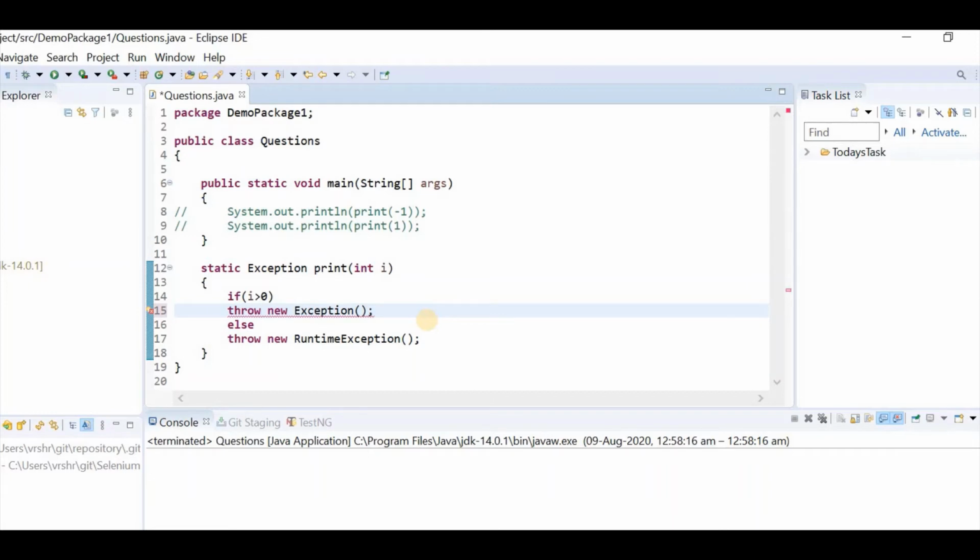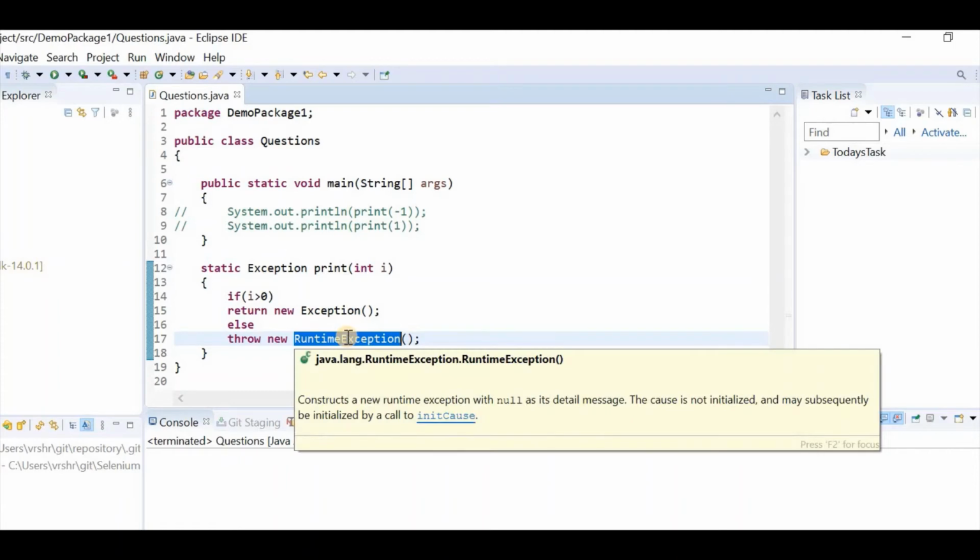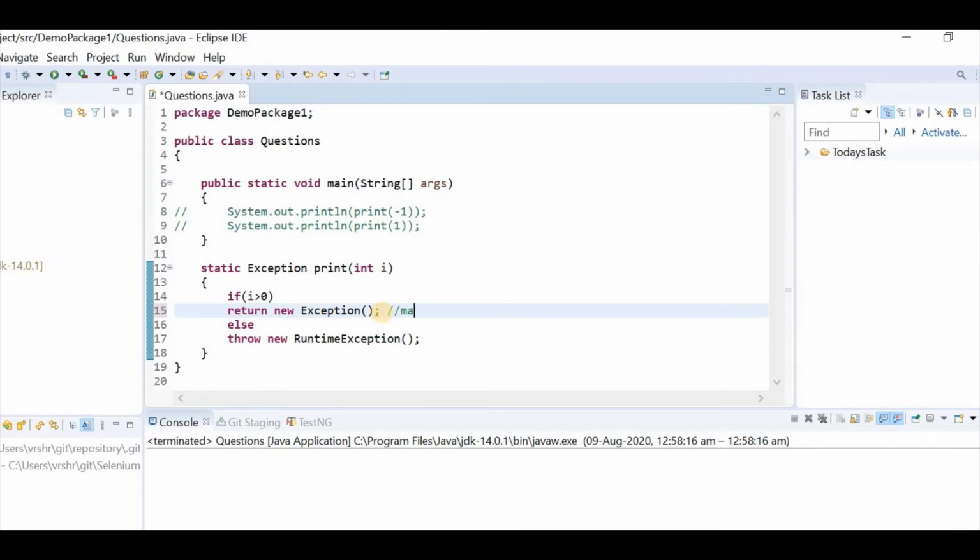And you can see that the compiler is throwing an error. That is because you cannot return parent class exception. If you have some specific exception like runtime exception or index out of bound exception, then you can throw it. But you cannot throw the main class directly. You may return the package to which the exception class belongs. In order to do that, we are going to provide the input as 1, which is greater than 0. So let us execute.